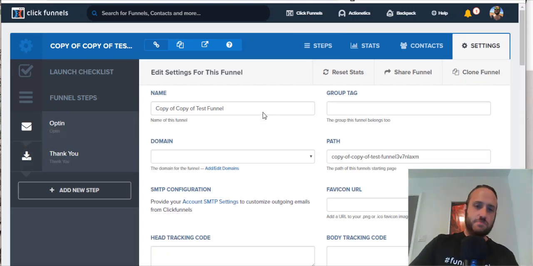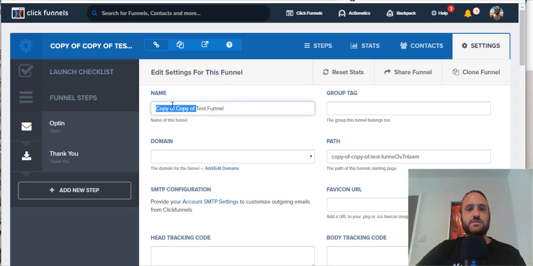If you don't know what all this means, then don't worry about it. But if you've built a few funnels and you're starting to understand how Clickfunnels works, then you kind of understand why you need to go through. And this is probably the most important thing to change. By default it's going to say copy of blah funnel. So that's going to look weird. That's going to pop up in the browser when somebody comes to that page. So you want to change that and just make sure it has